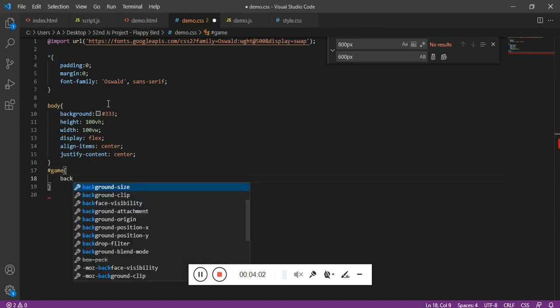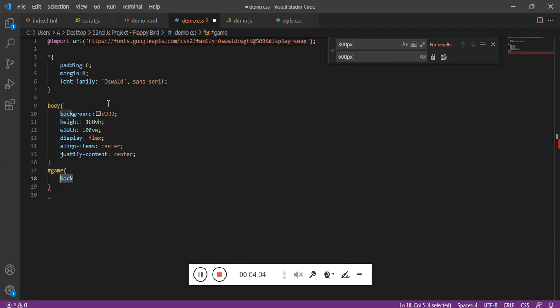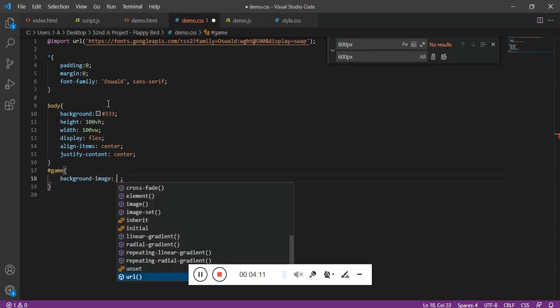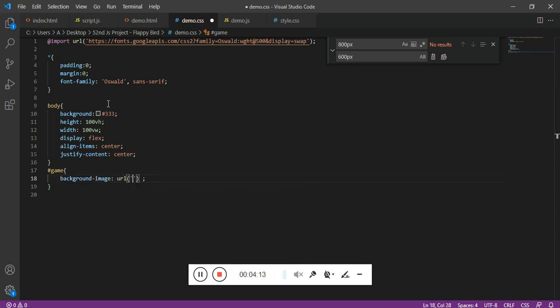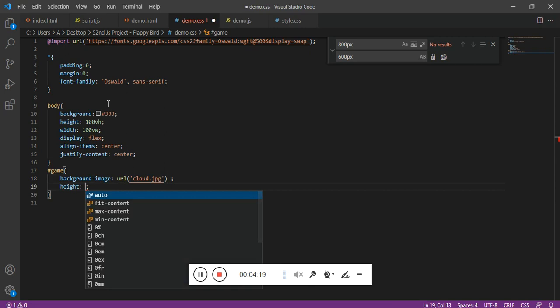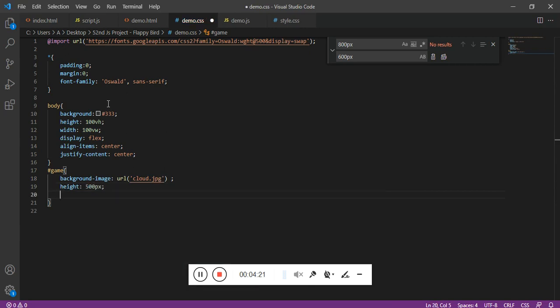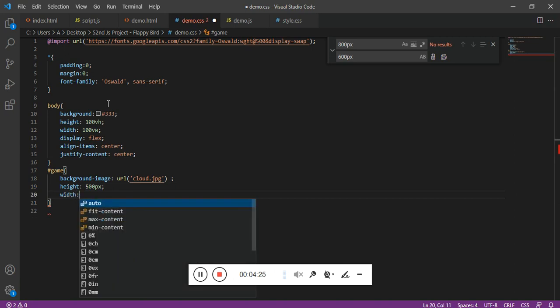Let's have the background color, background image as the bird, the cloud, and let's give the width and height. Let the height be 500 pixel and let the width be 400 pixel for now.